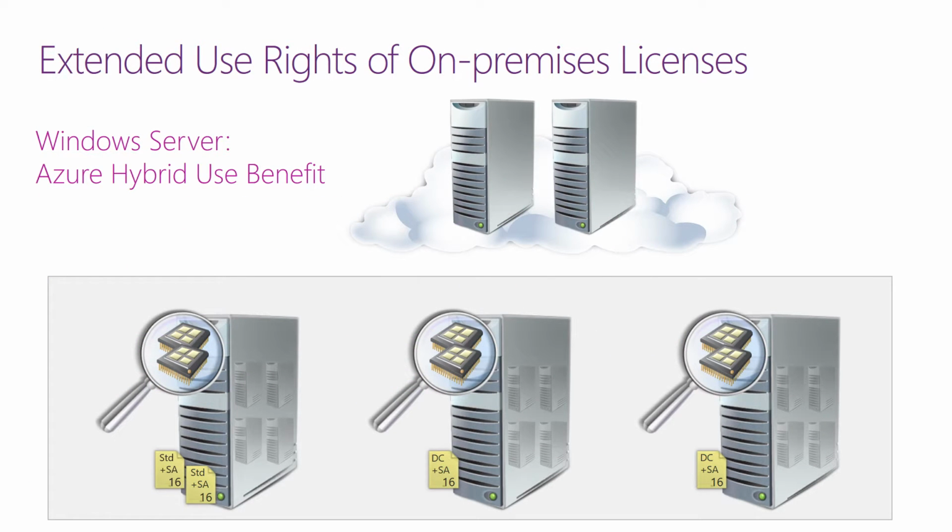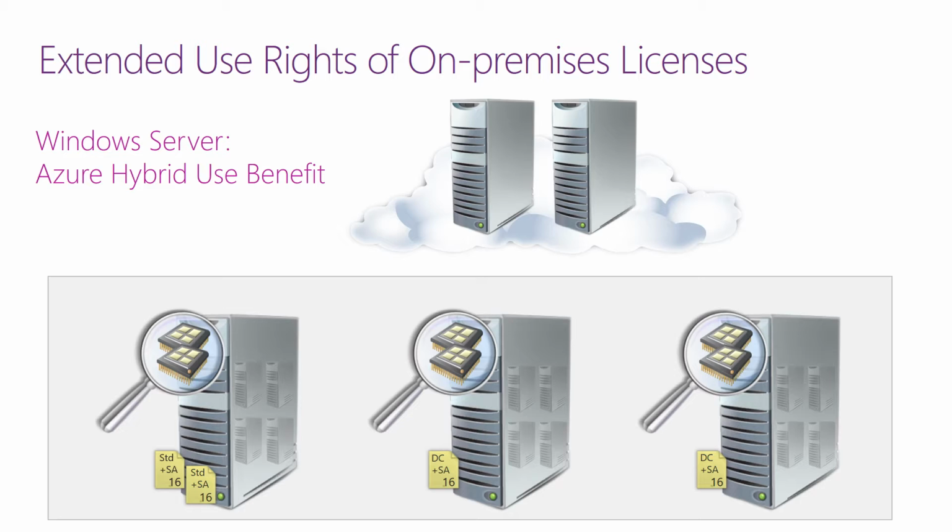Now, here you can see 3 on-premises servers, all licensed with Windows Server licenses with active software assurance. Windows Server 2016 is licensed with core licenses, which is what the little numbers mean on the yellow licenses. That's the number of core licenses required. The rules state that you need a minimum of 8 core licenses for each processor and the whole server must be covered, which is why there are 16 core licenses assigned to the two servers on the right, where the